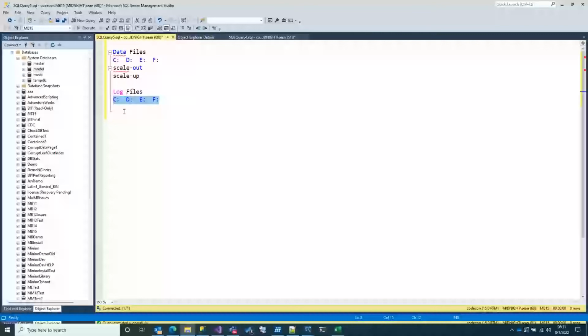So let's say that I have a log on C and D. Why do I have the log on C and D if it doesn't do any good to scale out? And you quite often see logs on multiple drives, but why? If you can't scale out,